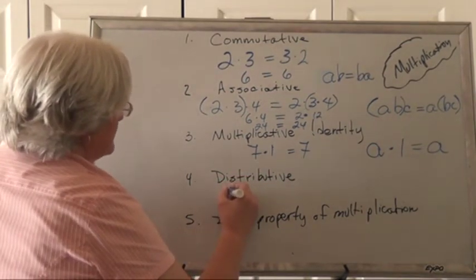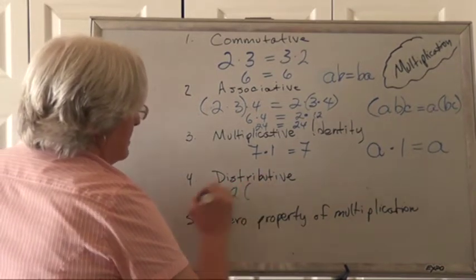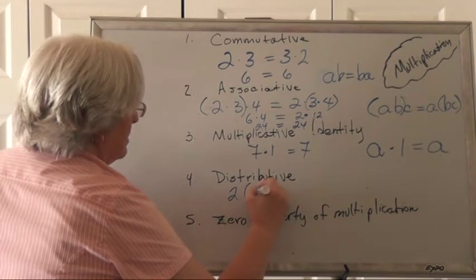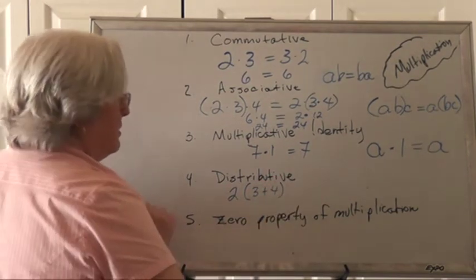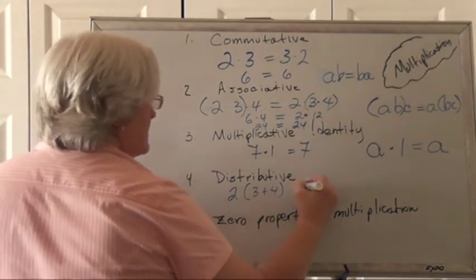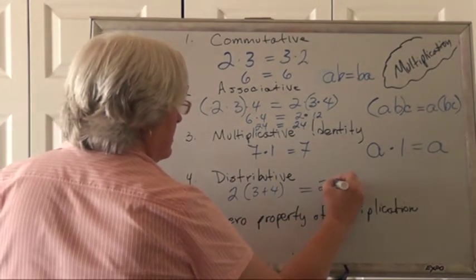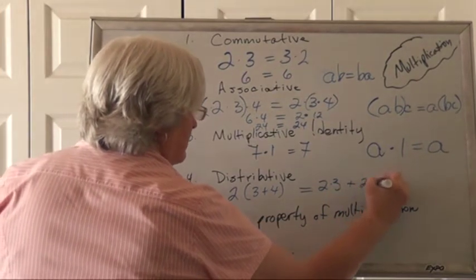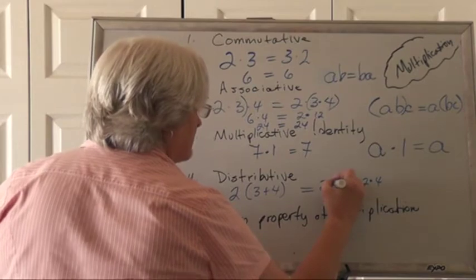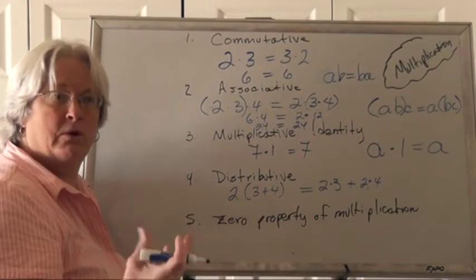A fourth property that we have is called the distributive property of multiplication over addition. And this says, okay, if I want to say 2 times the quantity 3 plus 4, that's going to be the same as 2 times 3 plus 2 times 4. And this one is a little bit different, but you sort of used this when you were doing